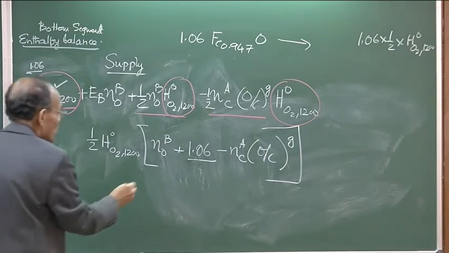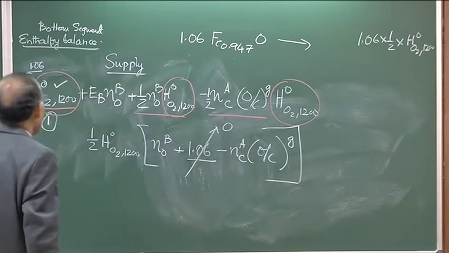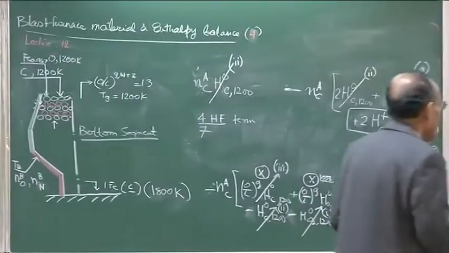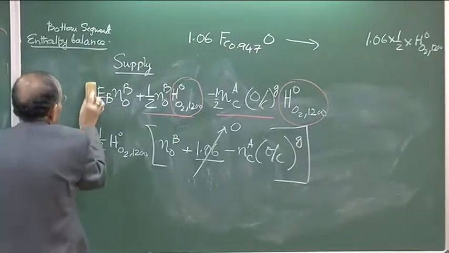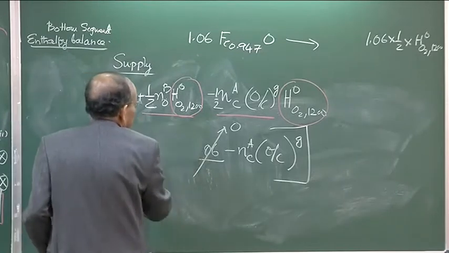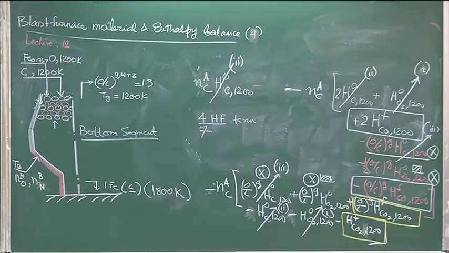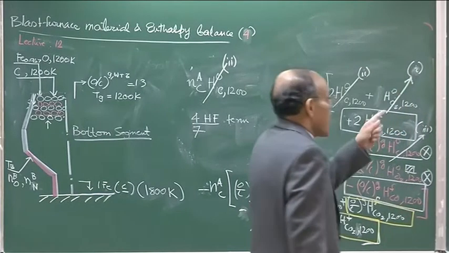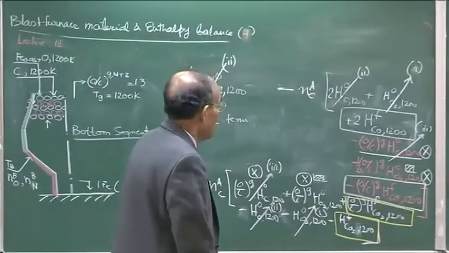So, therefore, the moment you apply the bottom segment oxygen balance equation, okay, this term vanishes, and therefore, we are now left with only 5 terms as far as the supply is concerned. EB is remaining, and then from there the 4 heat of formation terms that I have indicated to you, and that remains here. So, therefore, we are getting there, do not get restless. So, this supply term has remained, and from here we will get 4 terms associated with